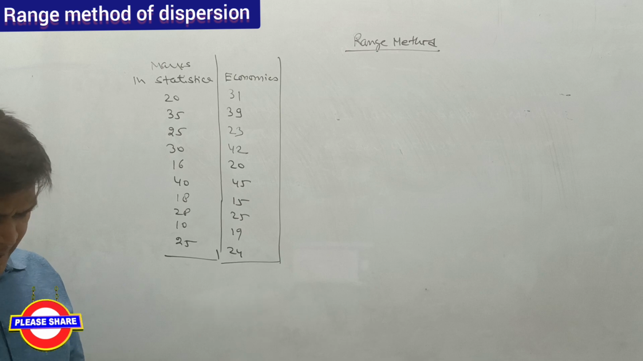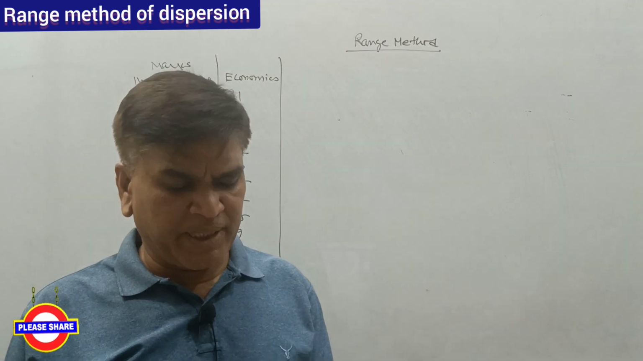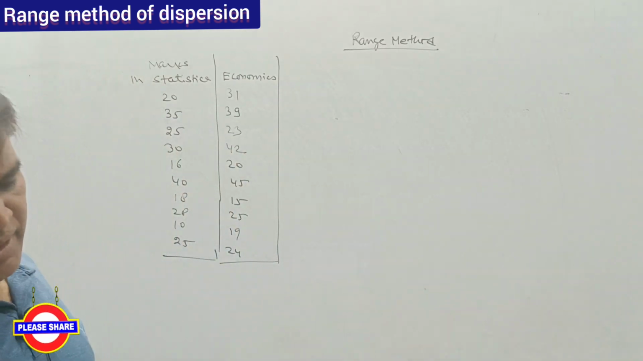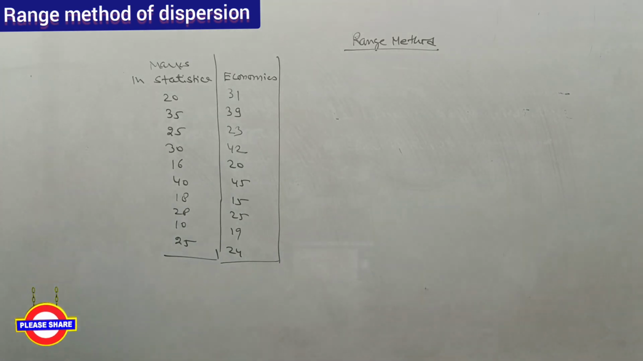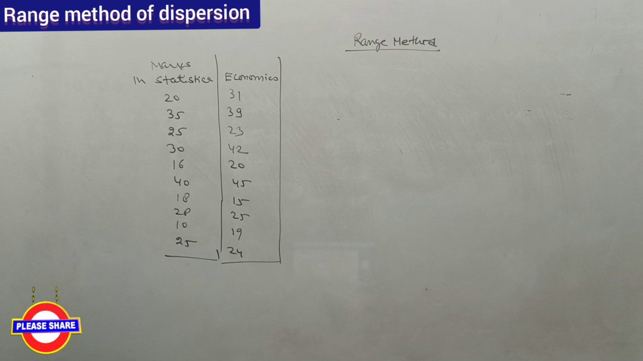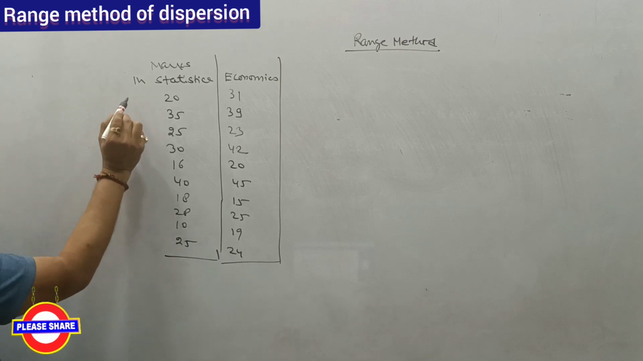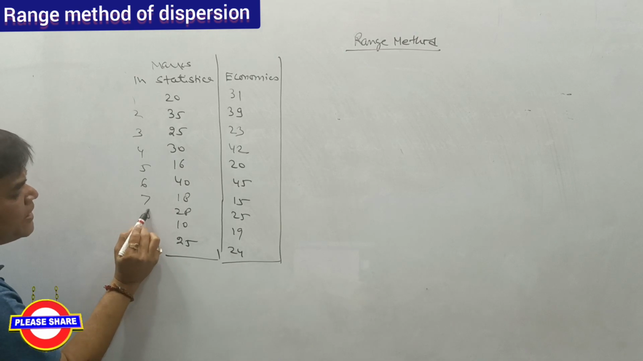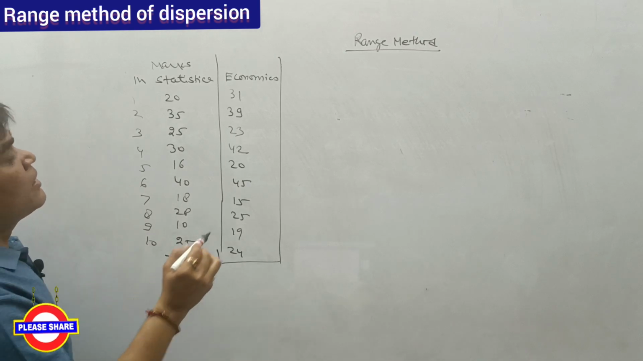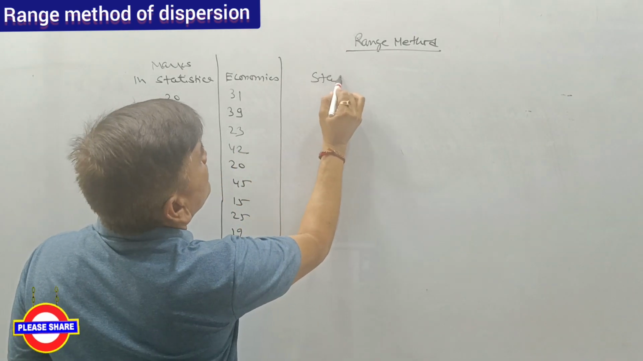We have to calculate, first, the range in both of these, and which has more dispersion. So for the 10 students, first, second, third, fourth, fifth, sixth, seventh, eighth, ninth and tenth. For statistics,